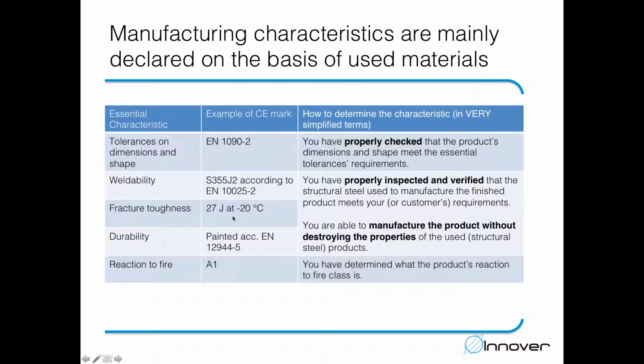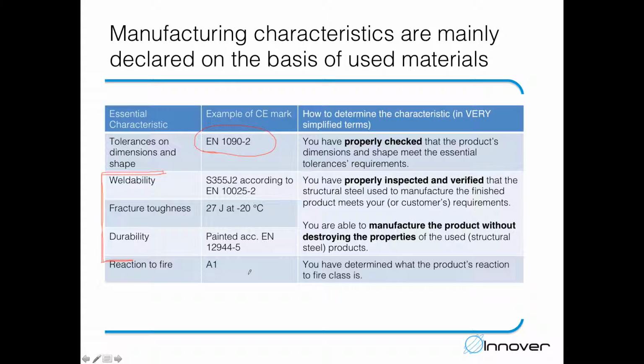So in terms of these essential characteristics that are related to the manufacturing, we are declaring some characteristics that are actually based on physically testing the finished product, and this is the tolerances on dimension and shape. But for the rest of these, you cannot really check the finished product to determine what the weldability is, or what the fracture toughness is, or what the durability is,